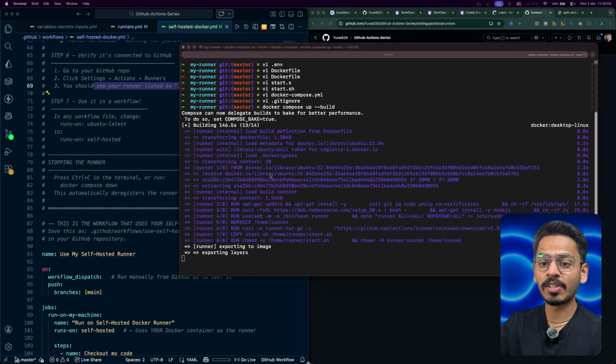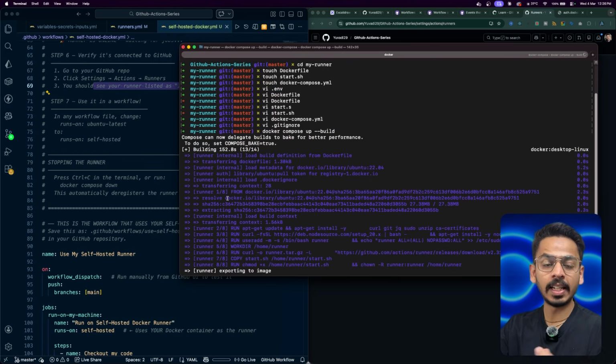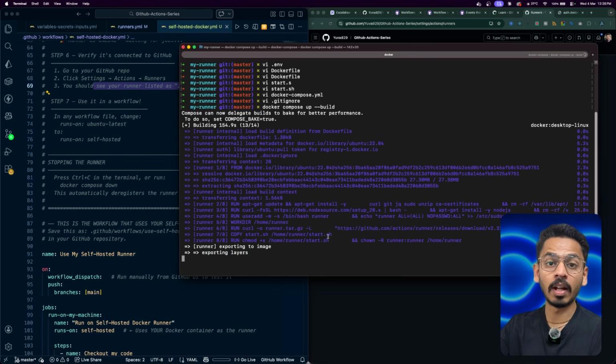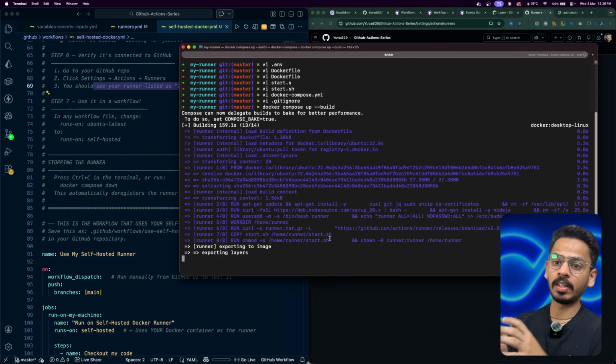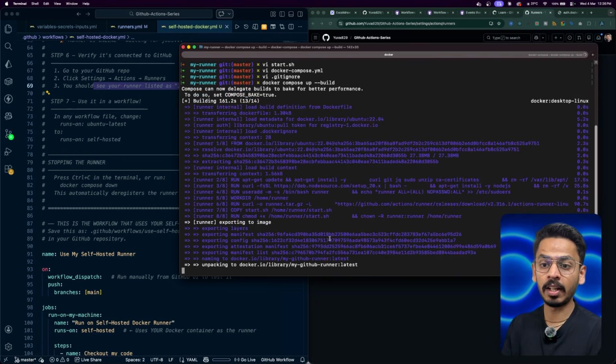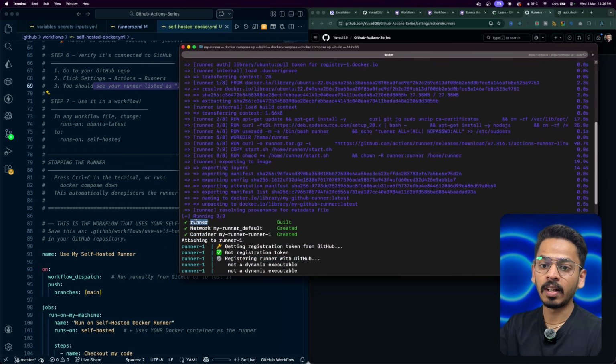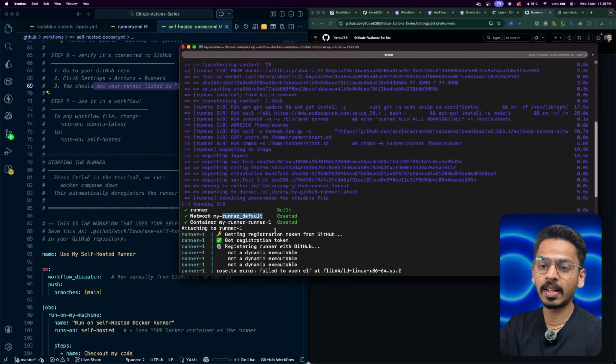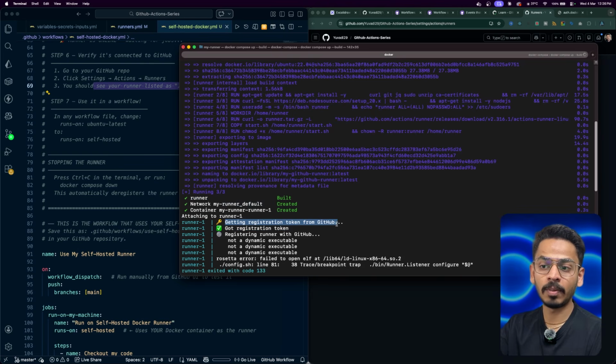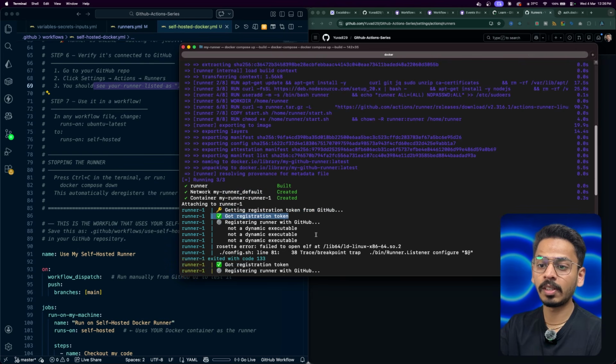Now it has installed all the runners. It is exporting to the image, exporting the different kinds of layers that are present here. Obviously, it takes some time because whenever you are having Docker on your machine, it creates its own environment. It will download everything into the environment, and then unpacking the library docker my GitHub runner latest. And you can see here, runner is built, network is created, got registration key from GitHub, got the registration token,